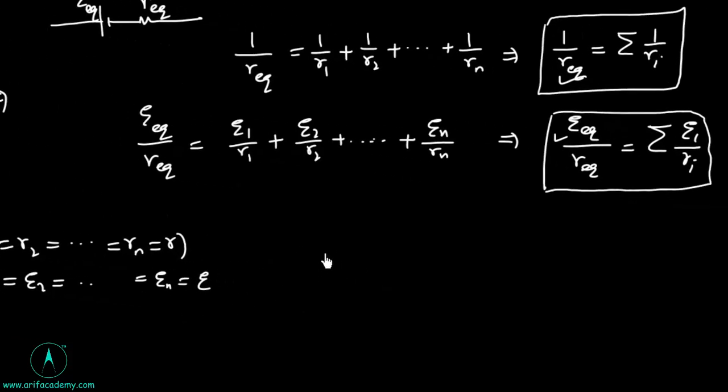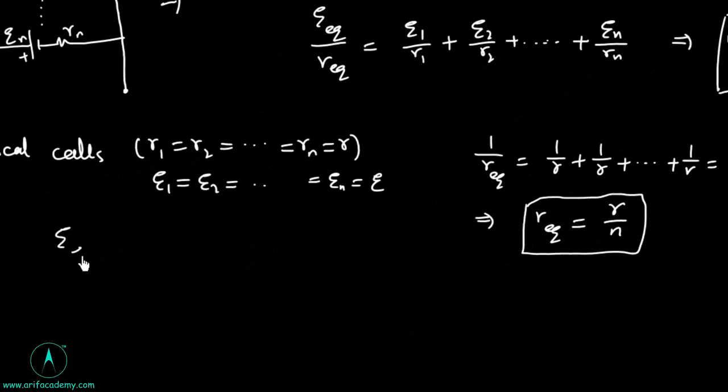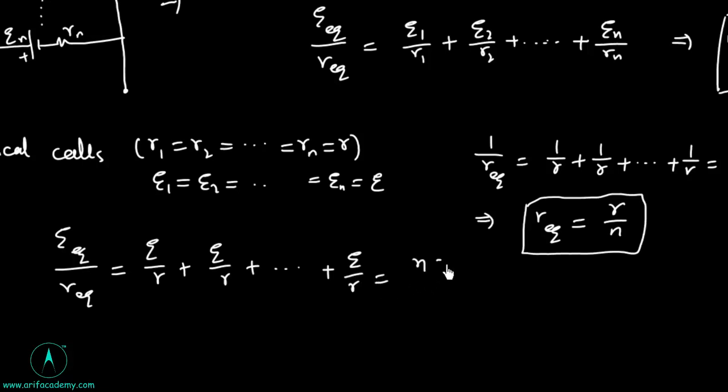So 1 upon R equivalent equal to 1 by R n times, so this equals n by R, hence R equivalent equal to R by n, and E equivalent upon R equivalent equal to E by R n times, so E by R times n, that's equal to nE by R,